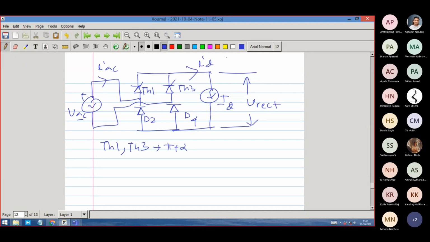So this is the circuit, and you will be able to analyze it. I think we will not have any problem. Start with this: the firing angle is alpha, and this is fired at pi plus alpha. So how will the diode conduct? What will be the input current? Please sketch that. What will be the input current? Sketch IAC, direct,